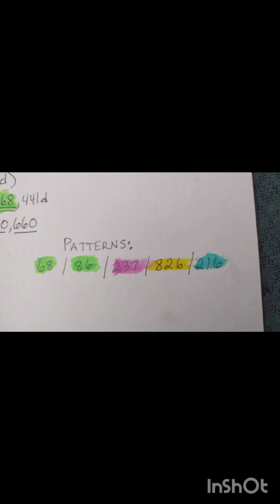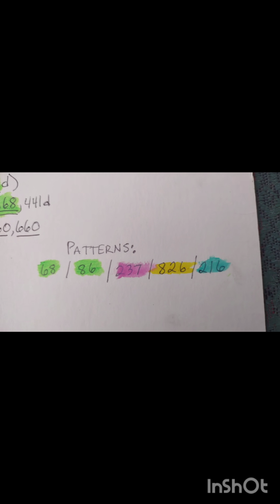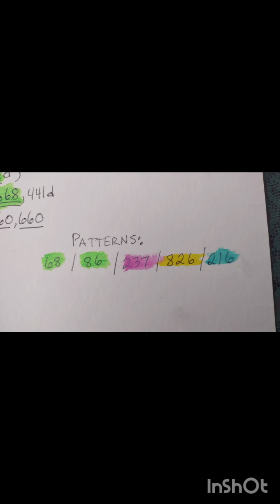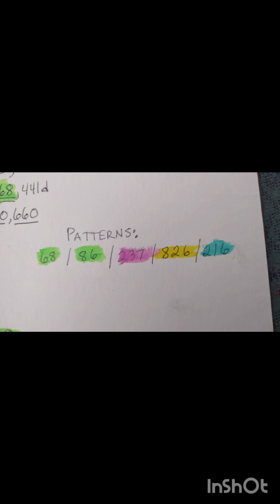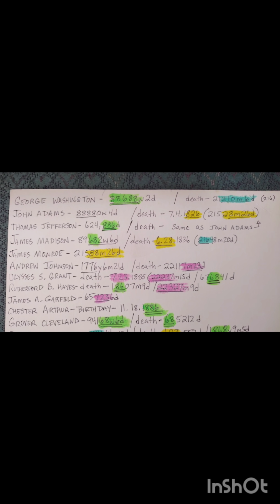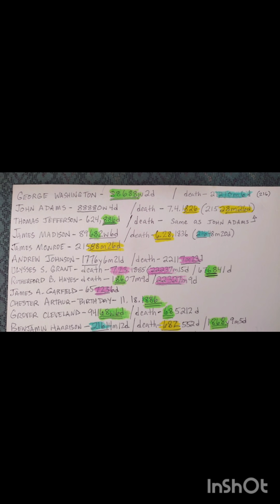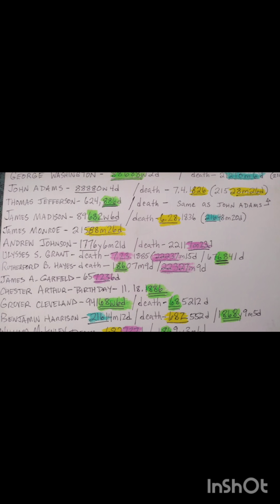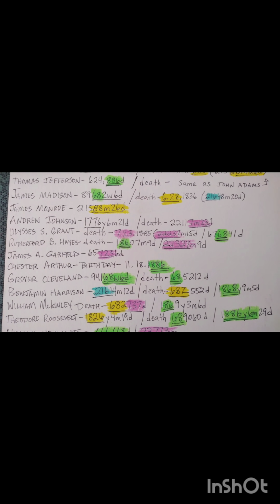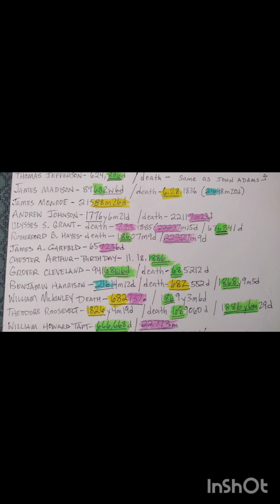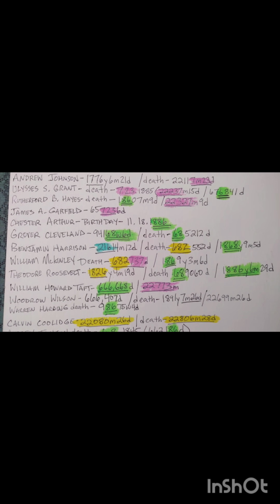Okay, so here are the patterns I've discussed, and I've color-coded them, so hopefully that will make things much easier. I'm not going to read off these numbers. I'm just going to list these names, and what I'm going to do is start off with the presidents. So here we go. If you need to pause it to take a look, go for it. George Washington, John Adams, Thomas Jefferson, James Madison, James Monroe, Andrew Johnson, Ulysses S. Grant, Rutherford B. Hayes, James A. Garfield, Chester Arthur, Grover Cleveland, Benjamin Harrison, William McKinley, Theodore Roosevelt, William Howard Taft,